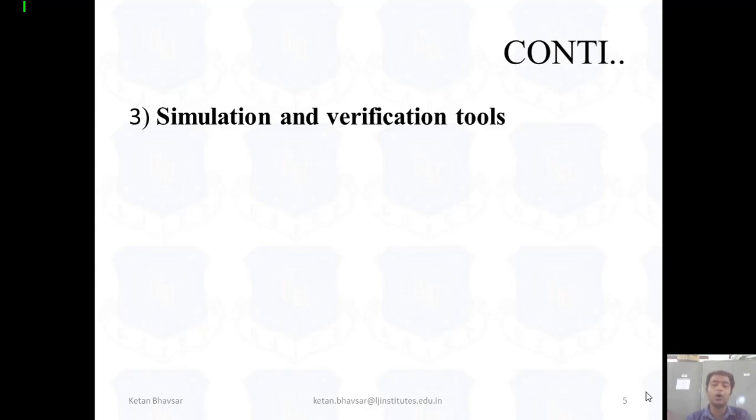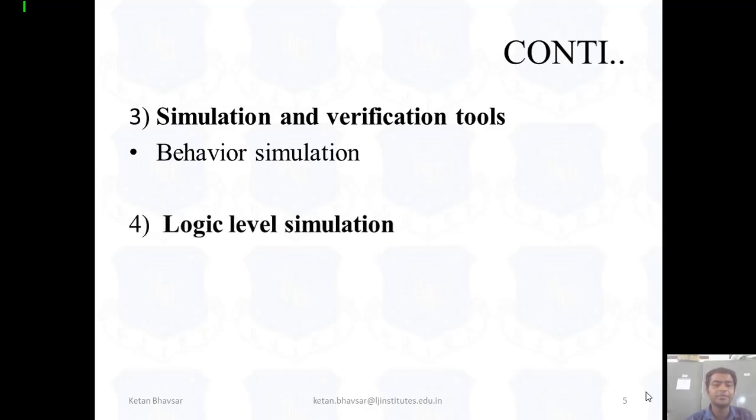Altera has the ModelSim-Altera simulator. ModelSim is one of the best simulators. Active-HDL is also one of the simulator tools that we use to check whether your logic is working properly or not. It's a behavior simulation. Definitely, whatever logic you write inside the program, it will work according to that in terms of the behavior domain or behavior style.